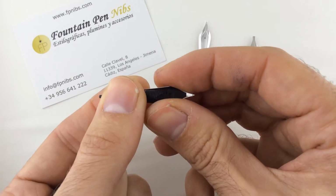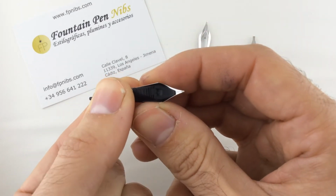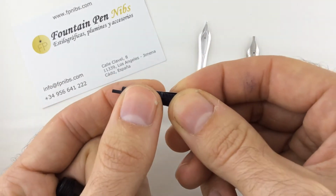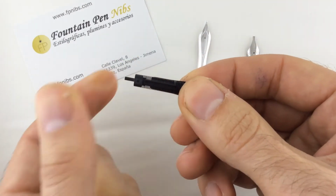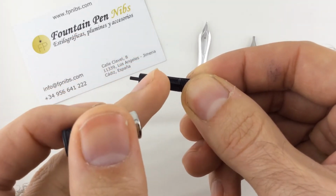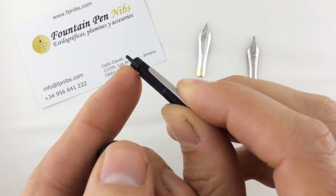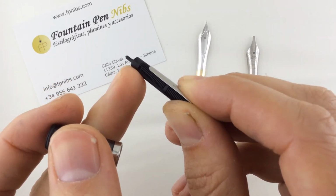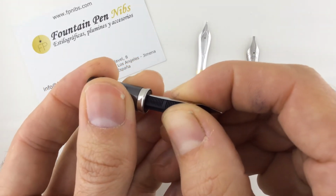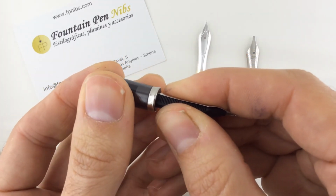To put everything together again, we're going to hold both together and align the feeder with the nib very well. Okay, and we have to search for the right position of the nib with the housing, because it has a flat surface on the feeder and it has to match with the housing. So by turning the housing a little bit,